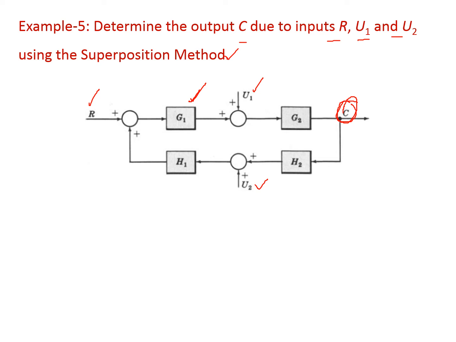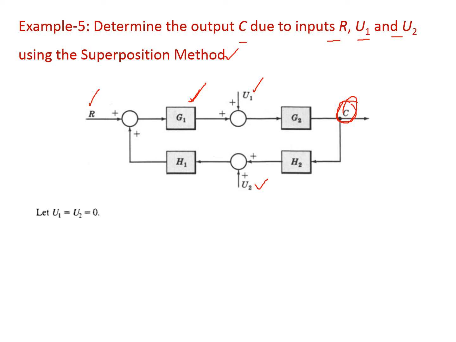In this case, we have to make two inputs 0 at a time and find the output due to the one input. Similarly, we make the remaining two inputs 0 and find the output, and the same thing up to 3 steps. That is, by considering 3 inputs, we determine the output due to 3 inputs. So first consider